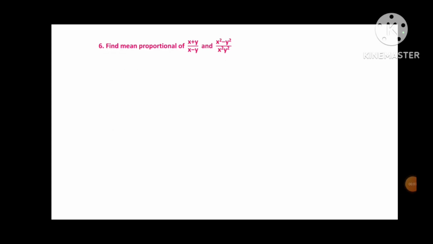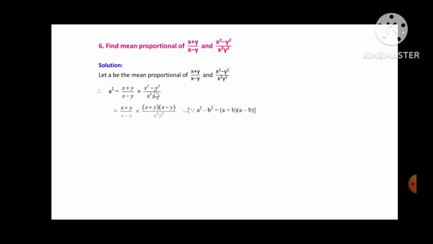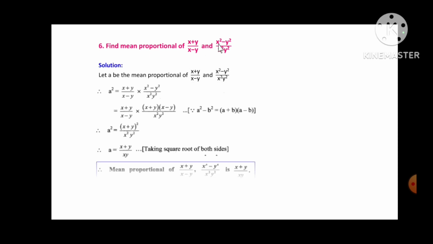Now problem number 6. Find the mean proportional of (x + y)/(x − y) and (x² − y²)/(x² y²). Friends, let a be the mean proportional of these two, that is (x + y)/(x − y) and (x² − y²)/(x² y²). Now we have that a² = (x + y)/(x − y) into